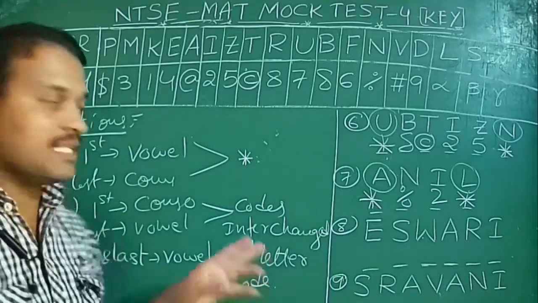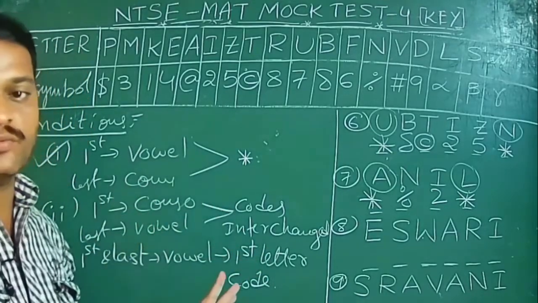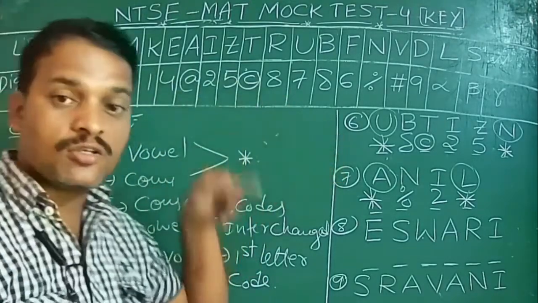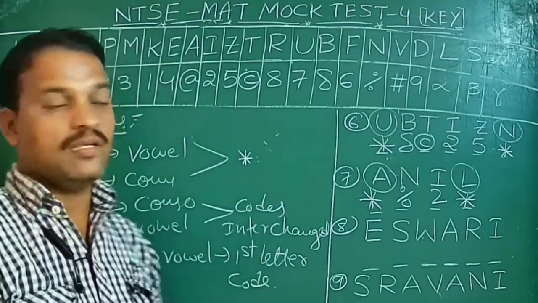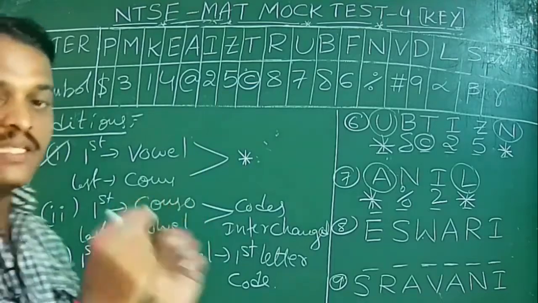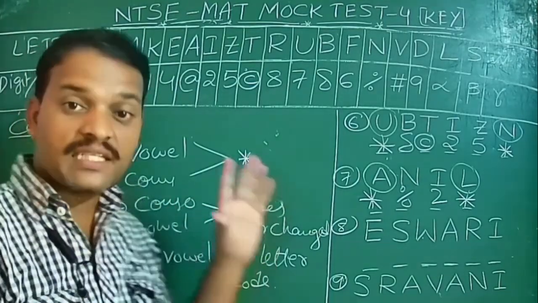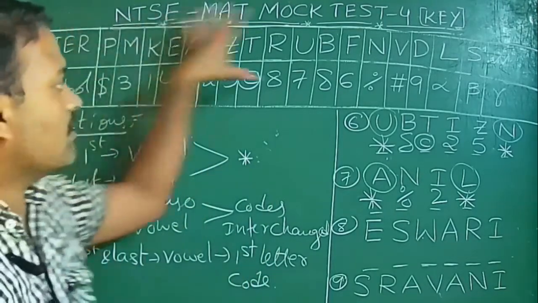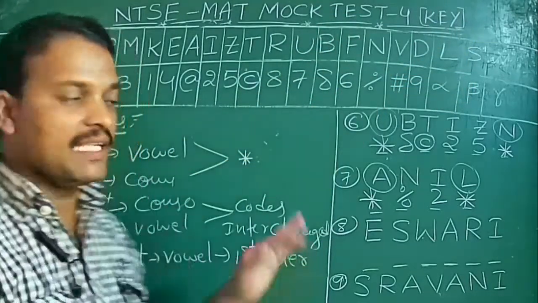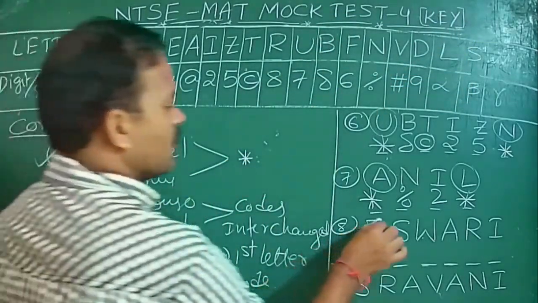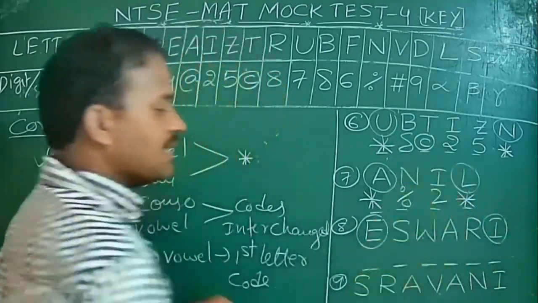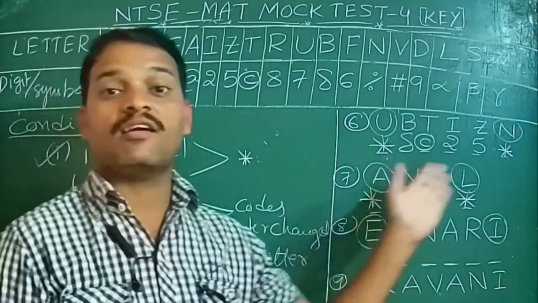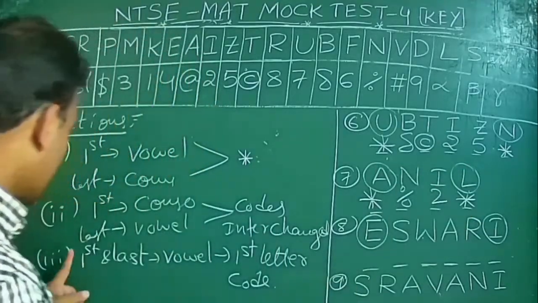Very simple, but you have to do it based on the conditions only. Based on the tables also, options are given. But most of the students are writing those options. But based on the conditions, it will change a little bit. Using the conditions, then follow the table. Okay. So the next, the eighth one: observe the first letter is E and the last letter is I. Means here the first letter is a vowel and the last letter is also a vowel. So in which condition?